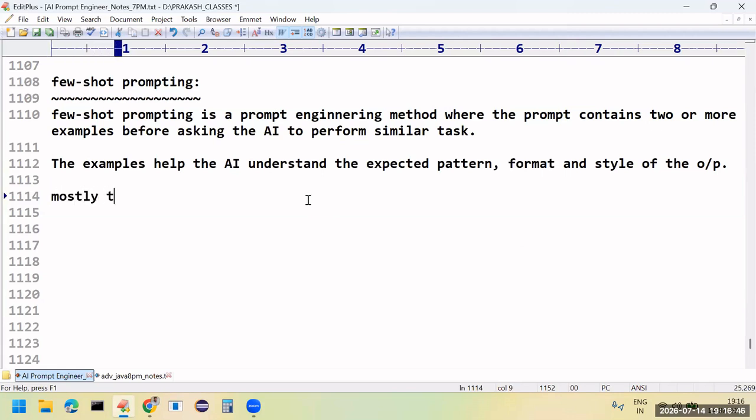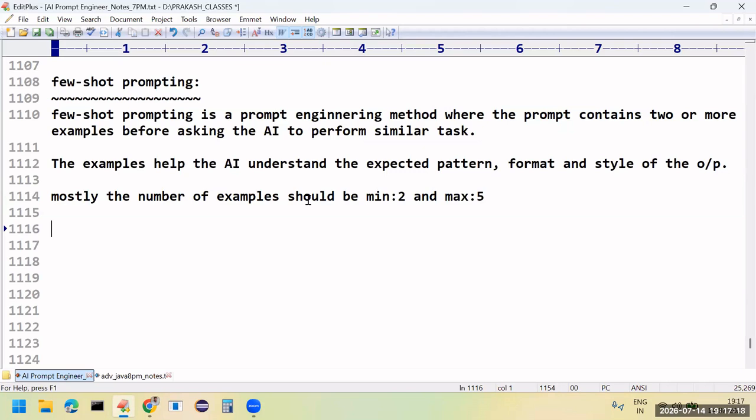Mostly the number of examples should be minimum two and maximum five. Sir, why are we giving this limitation? If you are giving one example, what is AI going to do? AI will copy that style. If you are giving two examples, it will identify the pattern and style.